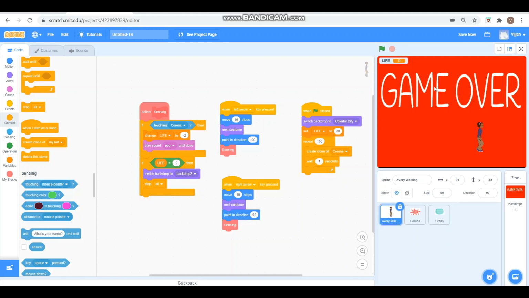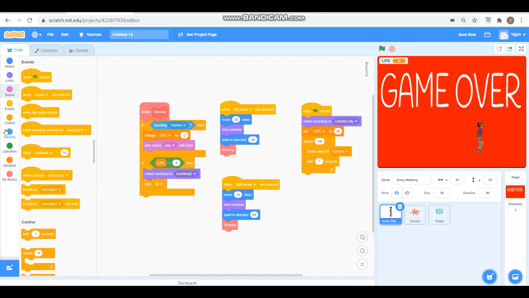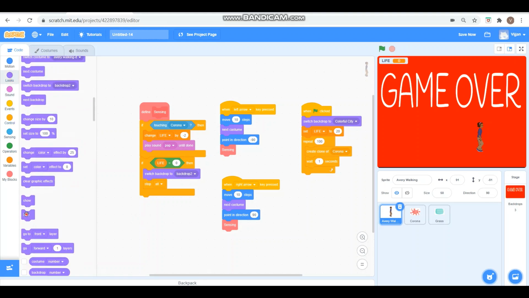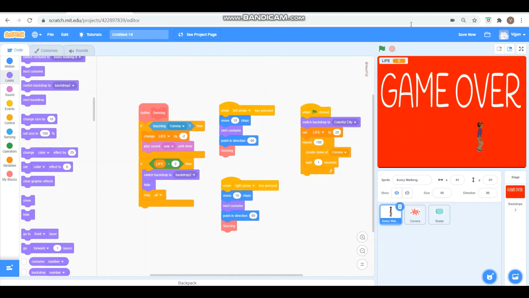So now the sprite is stopped. The sprites are not falling down, but now the man is visible. So let's make this man hide. Go to looks and just drag the hide under the switch backdrop.